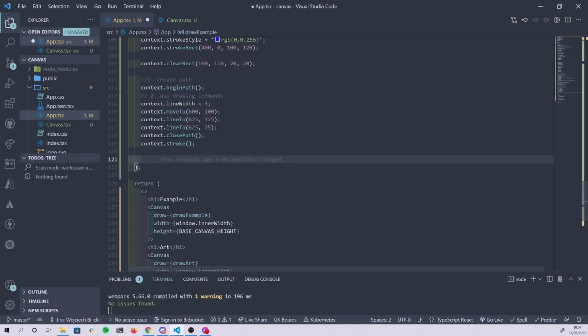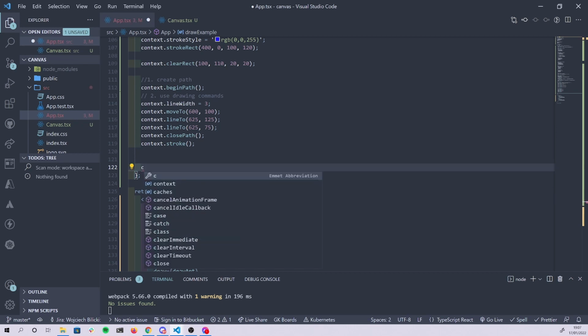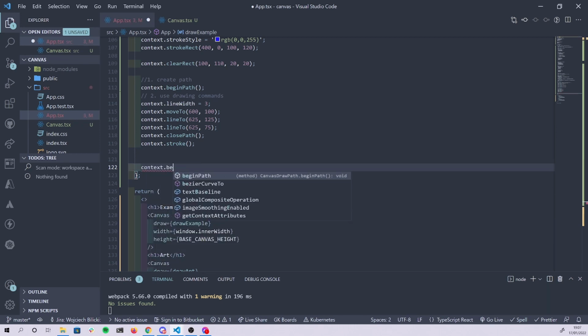Okay, so let's go to our example. Well, whenever you'd like to create an arc, you also have to use the begin path. So let's start with that. Let's begin path, and then